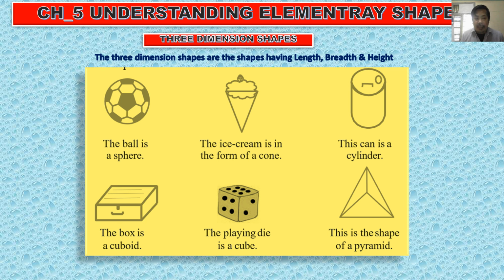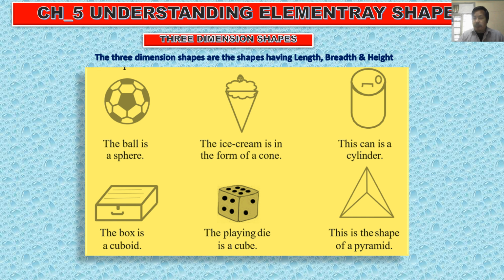Then you can see that Ludo die, it is a square shape. So all are squares here and there, and you can see the square has length and breadth, and here you can find the height also. So the 3D shape of the square is called a cube. And now the pyramid is also a triangle only. So when the triangle, you can see, has some more property, like height or a kind of surface,